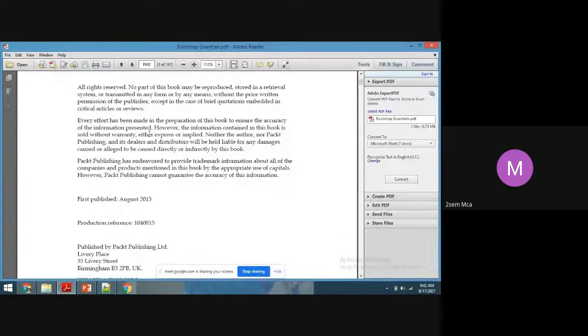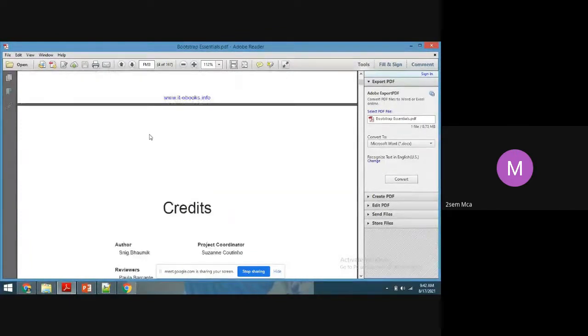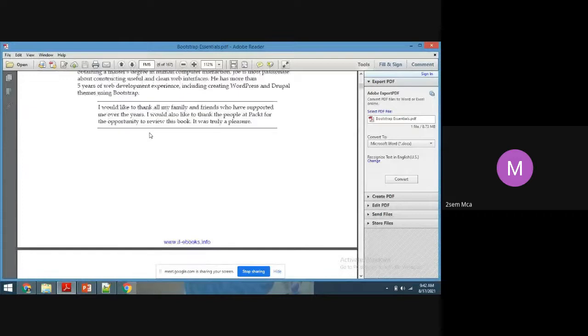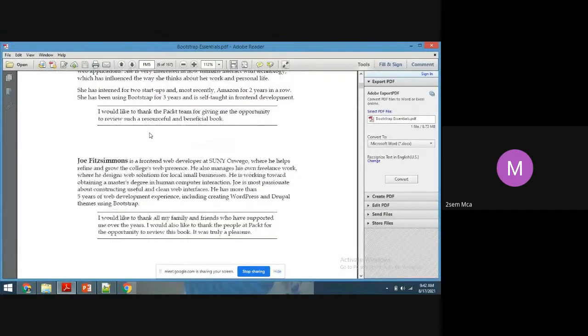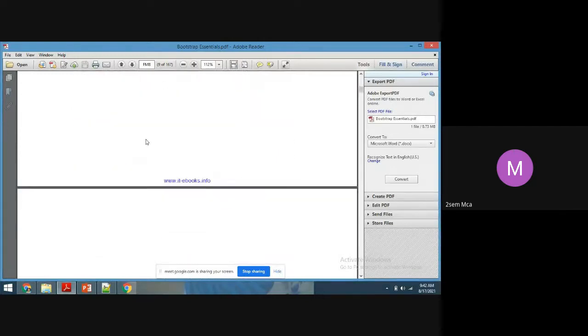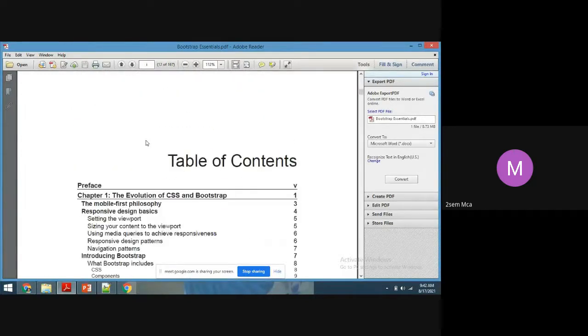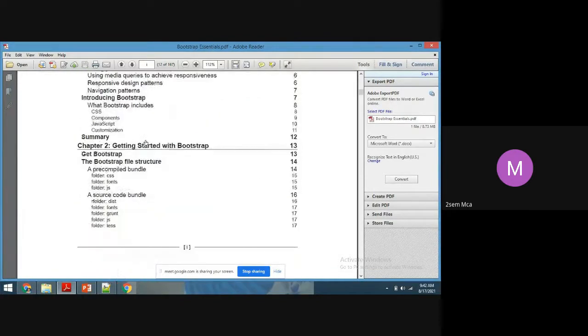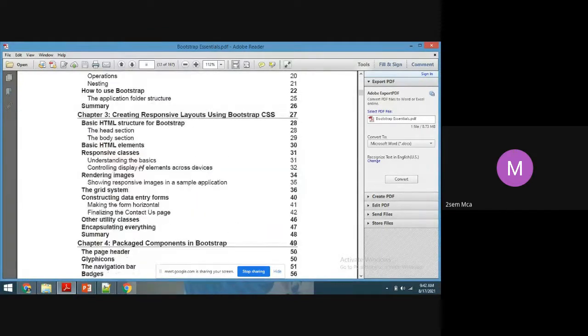This is the soft copy of the book, the PDF, Bootstrap Essential, and I'll share it in the Google Classroom. If you see the contents of the book, you can observe how to start with Bootstrap.